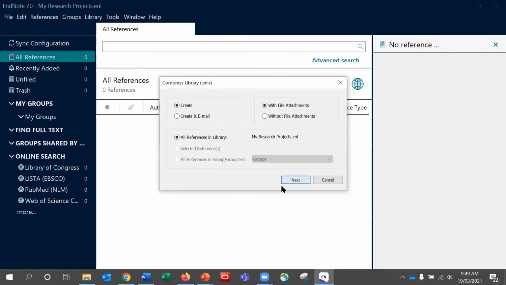You can then go on and save your library under a name where you can add your terms such as backup and the date. It will then save your library into a single file which will have the file extension of ENLX. You are then able to attach that as an email or put this up to the cloud as your backup. And then if you ever need to open it, all you need to do is to double click on the file, remembering if it's on the cloud to download it first,